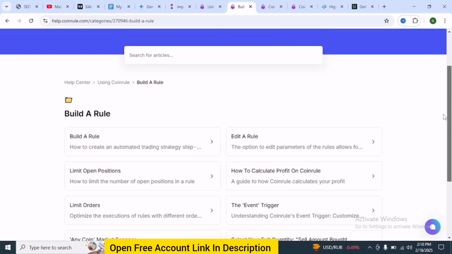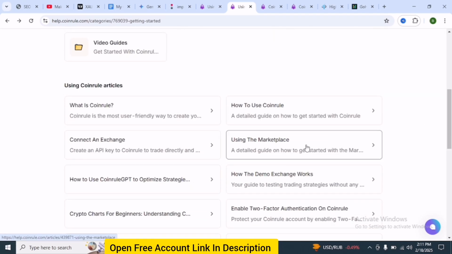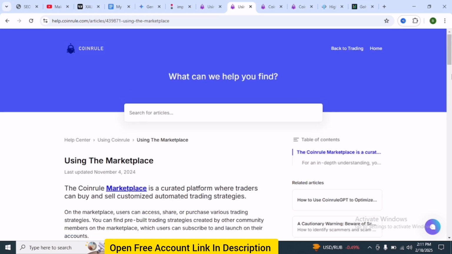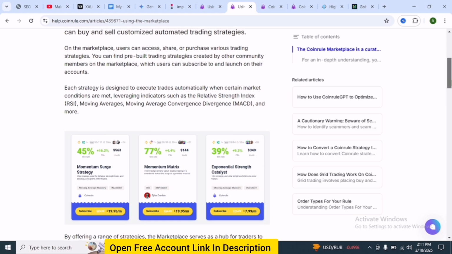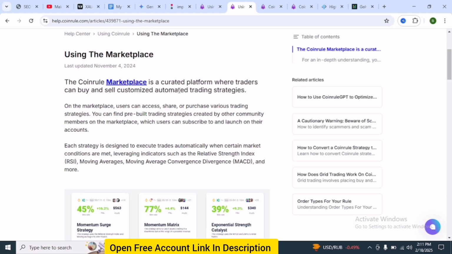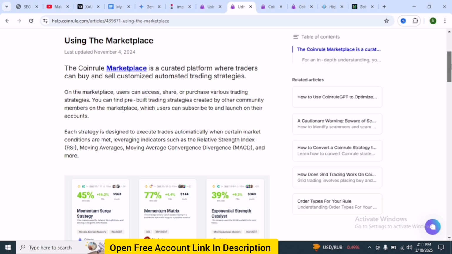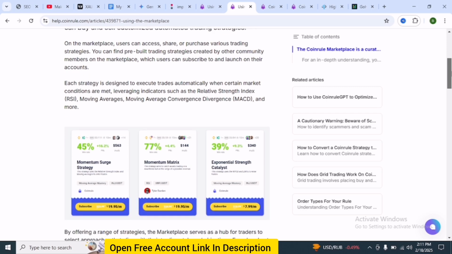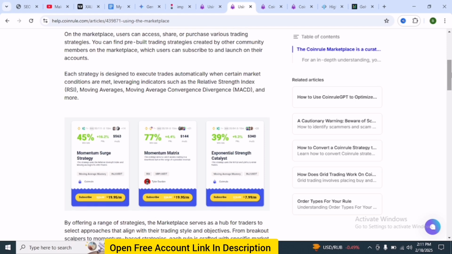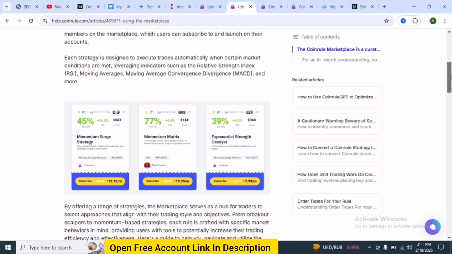All these are available. And also with the Coinrule, you can create a strategy and then resell it to other people. So that is another way of making money. So in the marketplace, this is a curated platform where traders can buy and sell customized automated trading strategies. On the marketplace, users can access, share, purchase various trading strategies. You can find pre-built strategies created by community members on the marketplace, which users can subscribe to and launch on